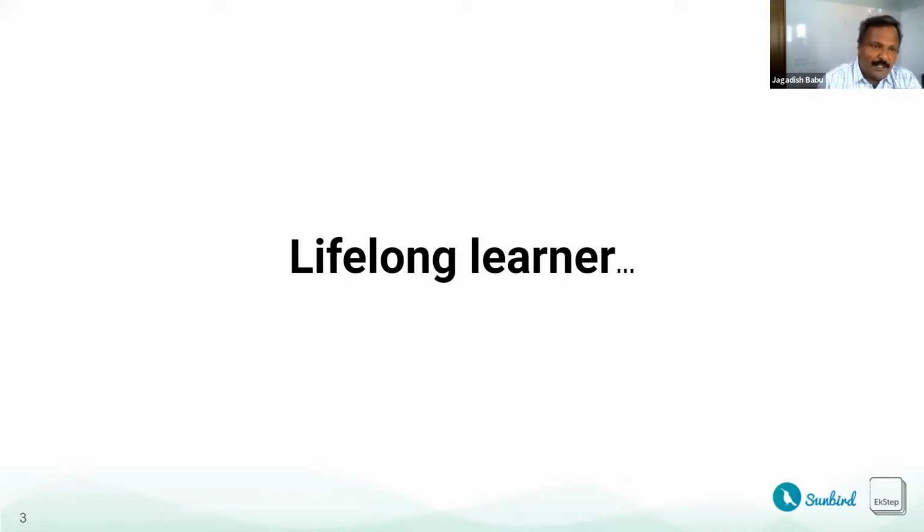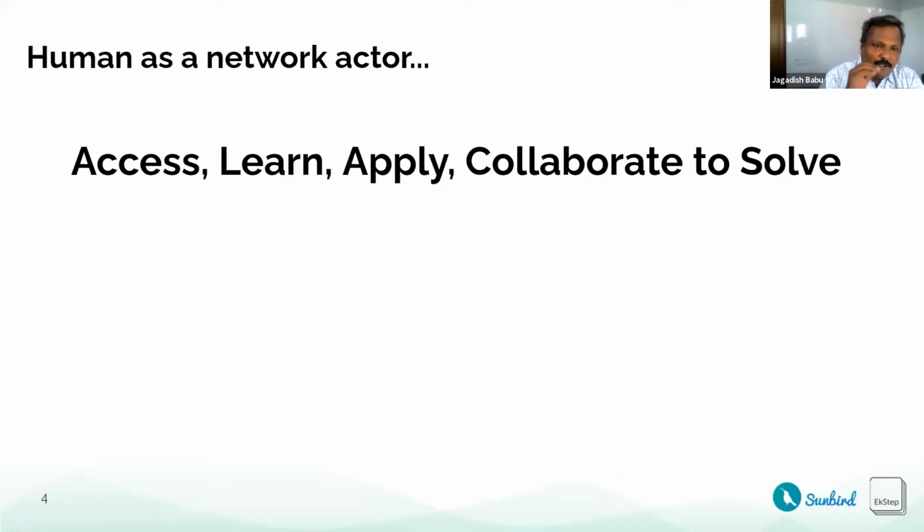And if you can go to the next slide, I want to classify this lifelong learning into 4 stages. If you see in any organization, first of all, the kind of skills that one has to impart needs a specific set of information. So the first aspect of skill building is access to the relevant information.